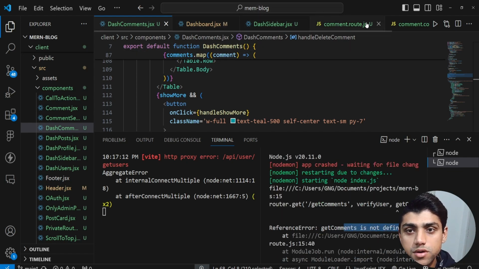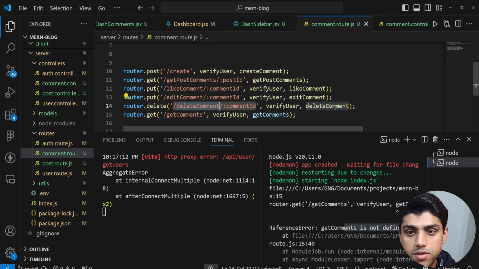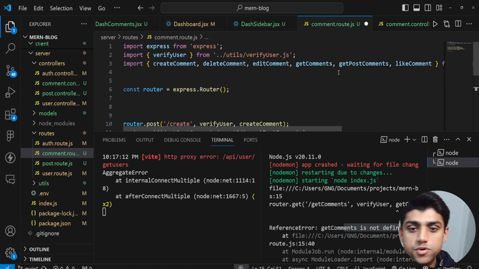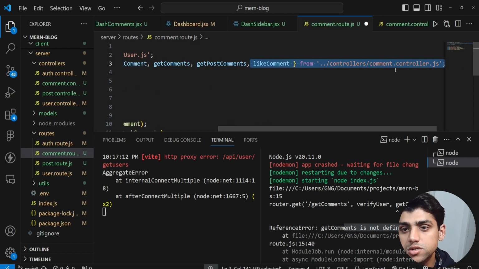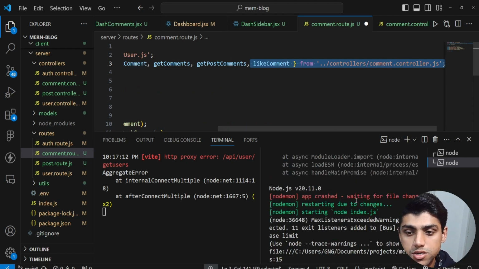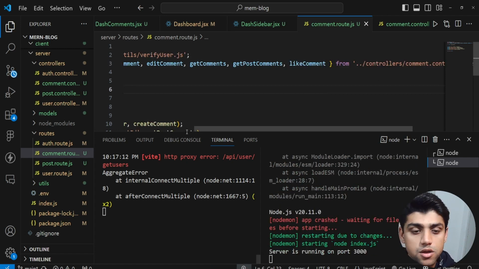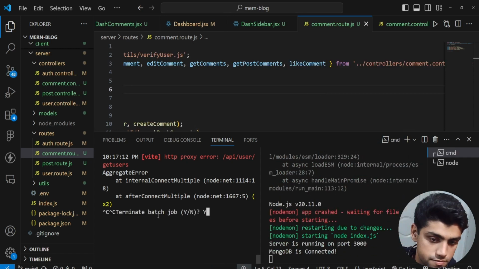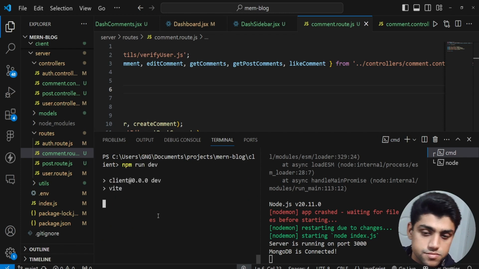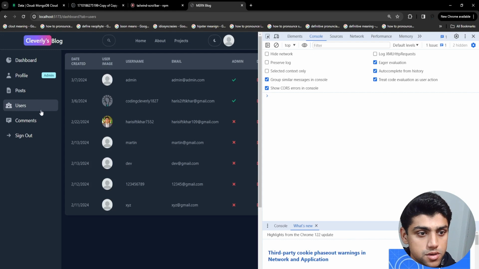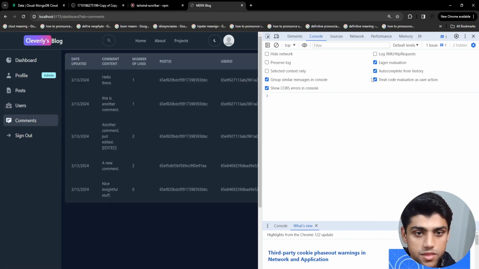So let's go to the router again. So route, and over here getComments. There you go. So let's just have this. Man, this is important. Remember to add it. getComments is going to be over here, and this is from comment.controller.js. Now let's save it. Now it should be running. Okay, so turn it off. Restart it one more time. Go back here, and we have users, comments,